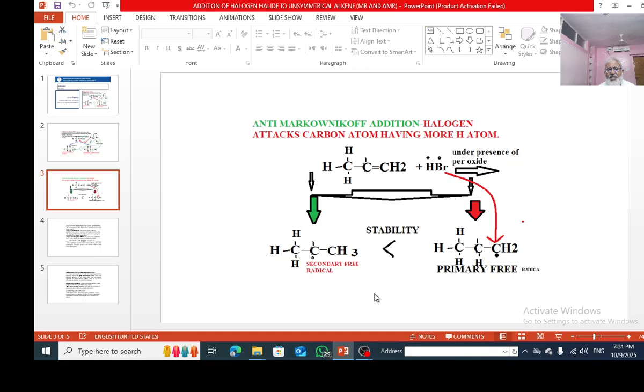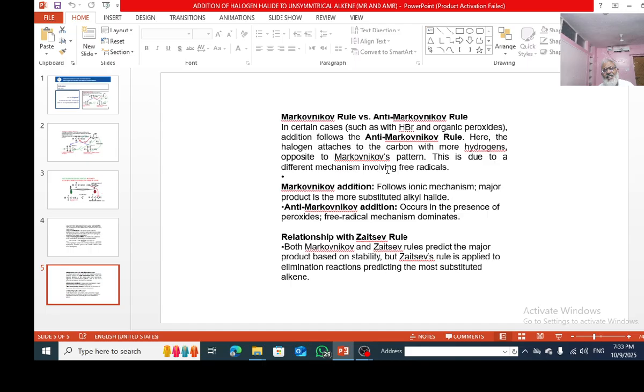This is due to the difference in mechanism. Markovnikov addition proceeds via a carbocation intermediate, while anti-Markovnikov reaction proceeds via free radicals, and the stability of carbocation is contrary to that of free radical. The carbocation, the tertiary, is the most